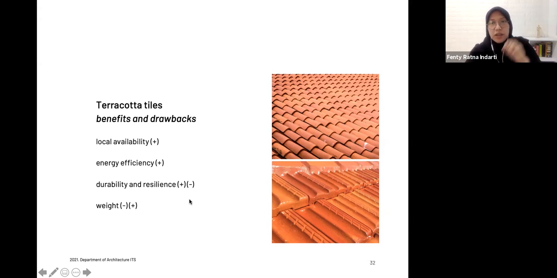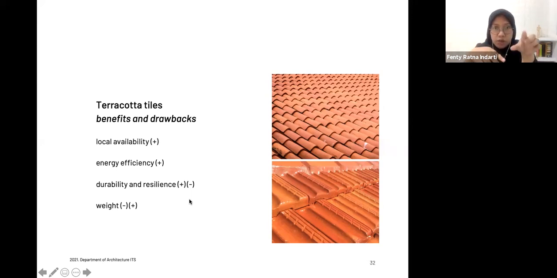It's a plus because the material itself, the clay itself, has what we call in physics thermal ability. Actually, because it's clay, it's thick, and it can absorb the heat. So it makes the area underneath it slightly cooler, or having lower temperature, if you compare with the metal roof. If we are using an apple to apple comparison, means that you don't put any other layer underneath it, because